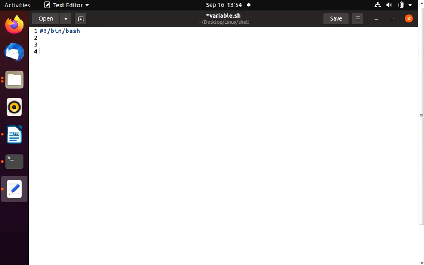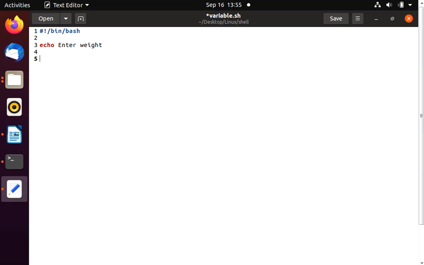So we know the first line is the path to your shell, and let's print a line before reading the user input. This line will indicate to the user to enter the input. So we will print "enter weight", and after that we will read the user input.